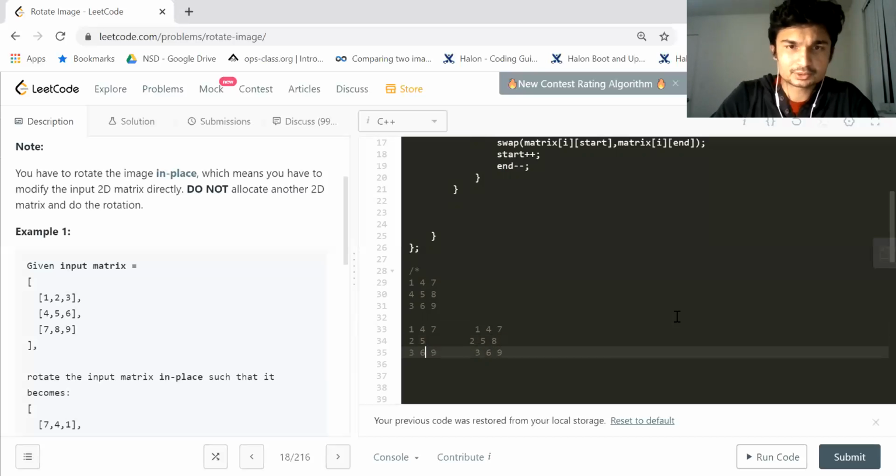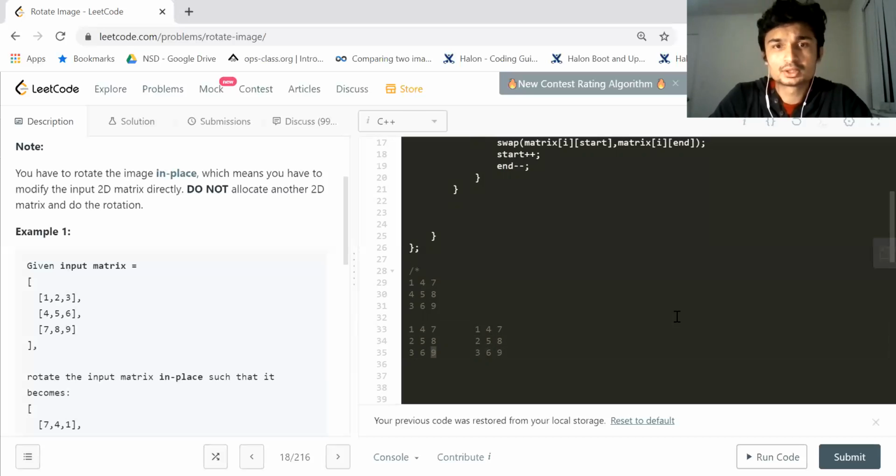So 6 comes here, the 8 comes here. Now when I come in the third column, I just look at the 9 and I just swap 9 and 9. It's the same thing. Because this is a of 2 2, I just swap a of 2 2 with a of 2 2, and it's the same thing. Nothing happens after a swap of the same element. Okay. 1 4 7, so I get the